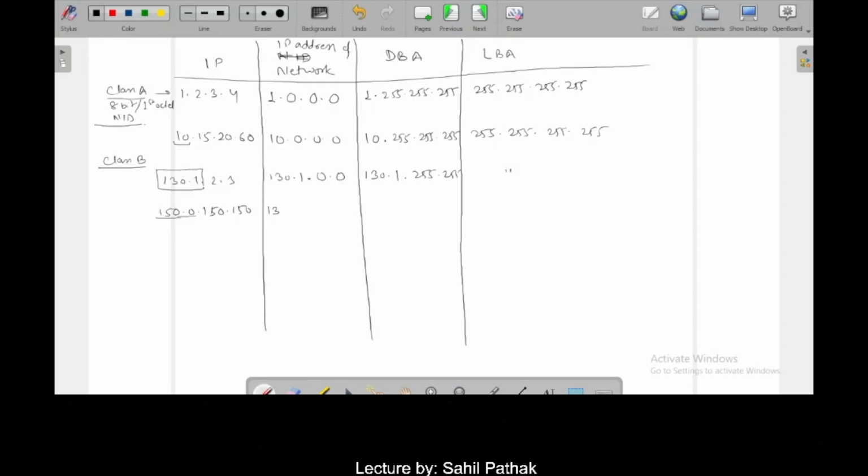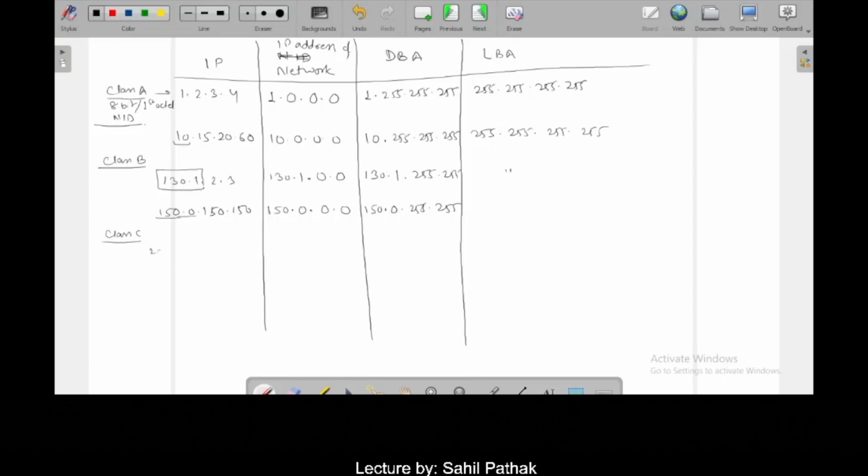So here we are keeping the network ID as it is, which is 150.0, and then putting all zeros in the host ID part gives me the IP address of the network. Similarly, 150.0.255.255 would be the directed broadcasting address, and the limited broadcasting address is 255.255.255.255. Let us take an example from class C,